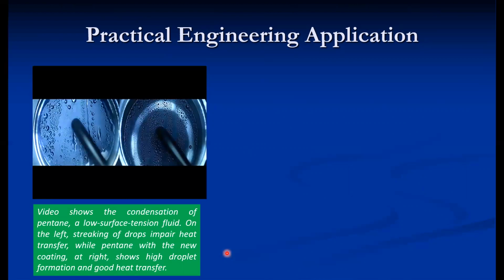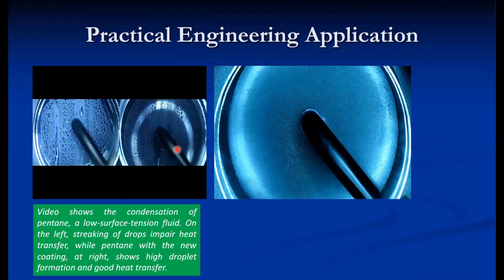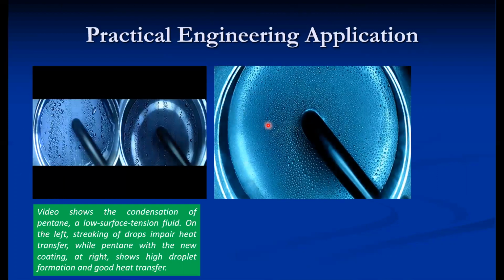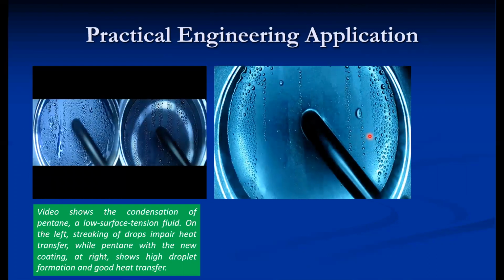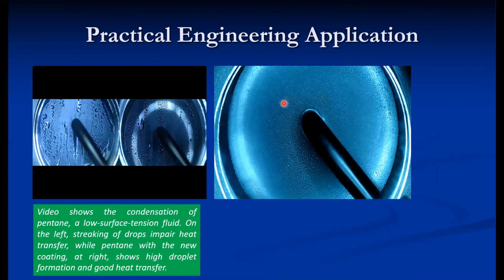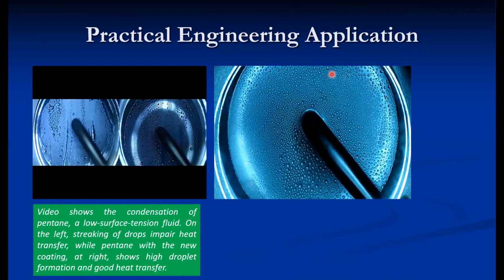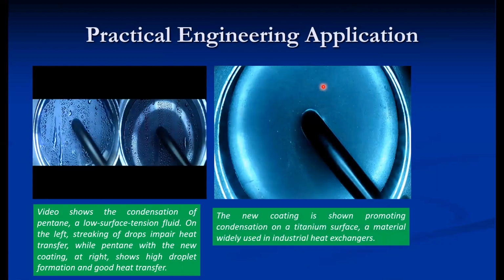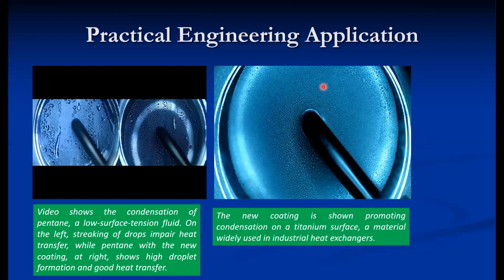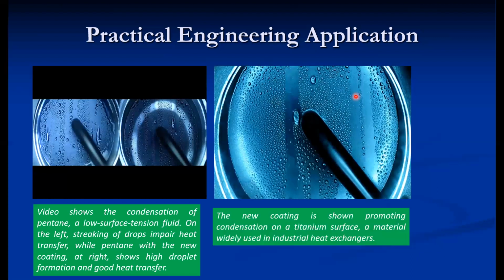So the condensation rate may be reduced, because when the vapor comes in contact with this cold surface, condensation is taking place. And if the condensation forms a drop layer, then there is a possibility of blocking of this condensation. On the other hand, if you see this, it forms small teeny droplets, and immediately it weakens, because of the coating. Some coating, like a titanium coating surface material, is used here.